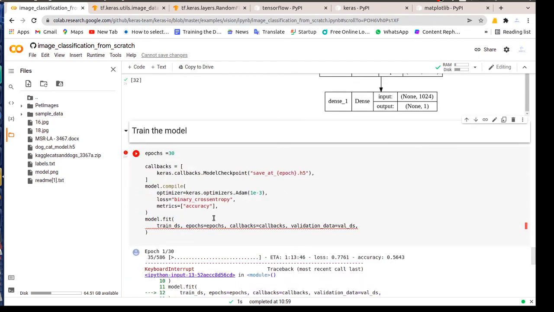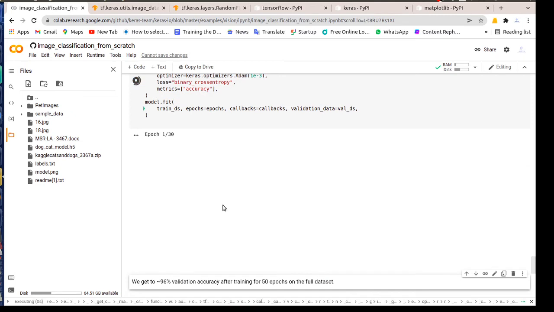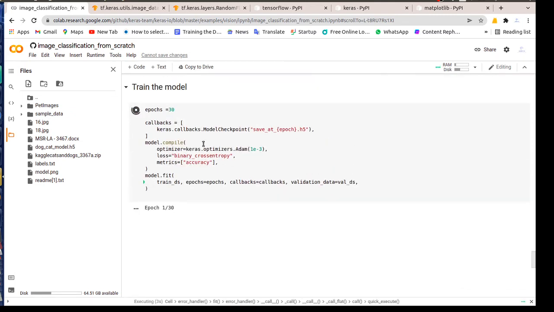And after that you can train the model. Initially it's better to go for 50 epochs. When you go for 50 epochs you will get better accuracy, more than 96 percent or around that. You train it for 50 epochs, but it will take a lot more time. You can try it, you go and use Google Colab, which is providing free GPU actually, if you don't have any good GPU with you.